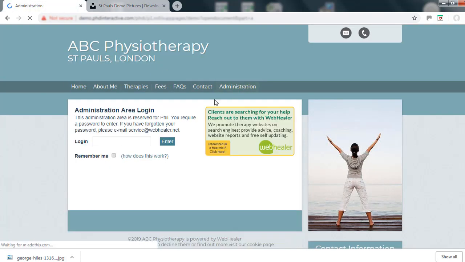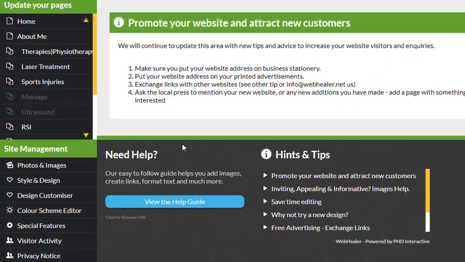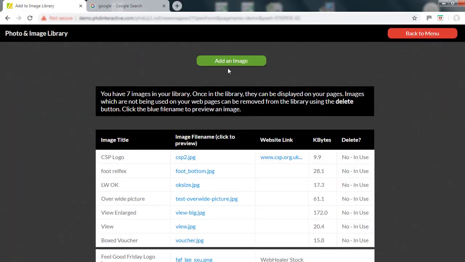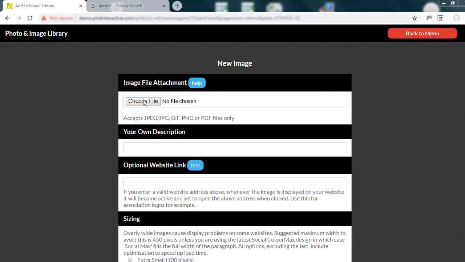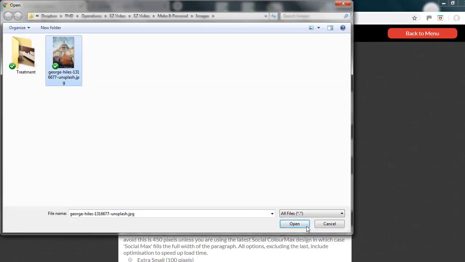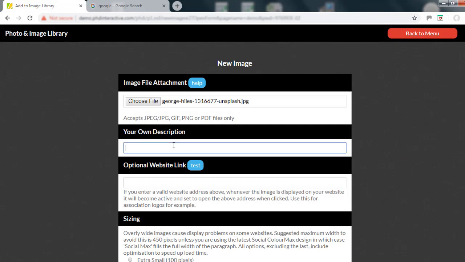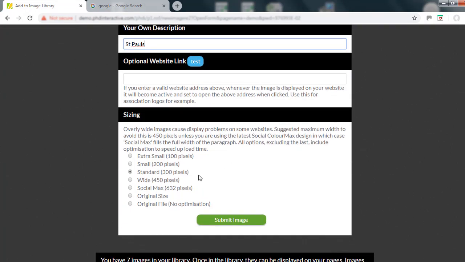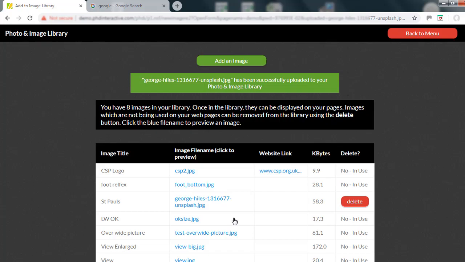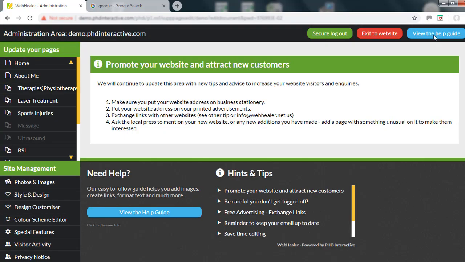Log into administration. Go to Photos and Images and add an image. There it is. And we'll give this a name of St Paul's. In terms of sizing, standard sizing is fine, so click Submit Image. And now we get to use the Design Customizer